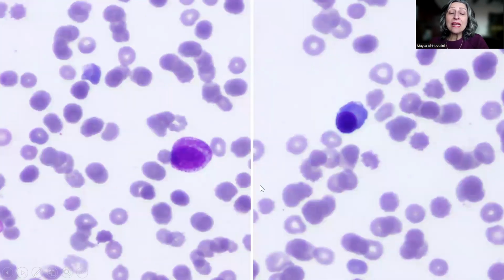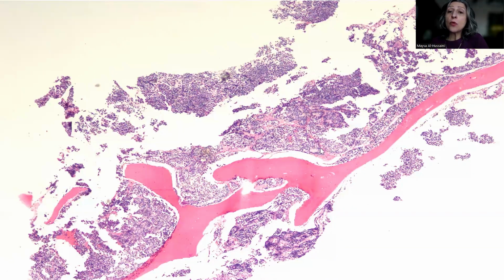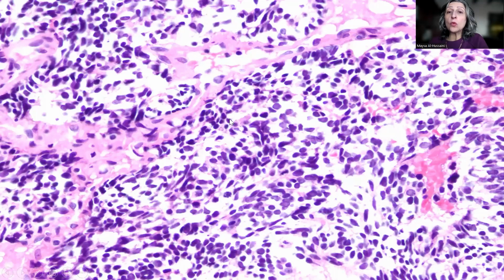At high power magnification, there is the promyelocyte with the eccentric nucleus and granular cytoplasm, as well as the nucleated red blood cell. This is clear evidence of what we call a leukoerythroblastic reaction, which means that the bone marrow is infiltrated by a process. And this is actually the bone marrow, in which it was almost totally replaced by a small round blue cell